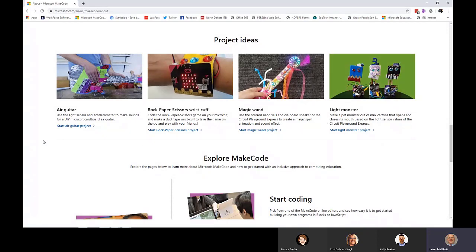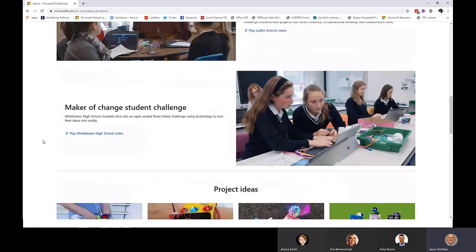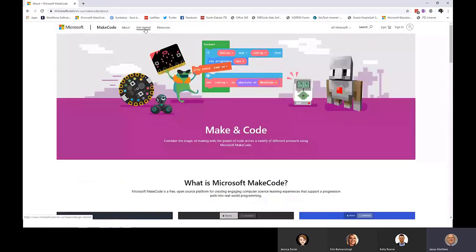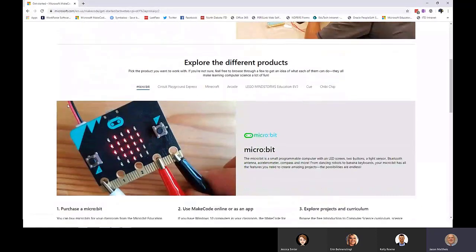The magic wand and light monster use the Circuit Playground. But you're going to be able to find access to those programs just about anywhere that you go inside of MakeCode. The next section, or the next tab at the top, is the Get Started tab. This gives you a little bit more info on the different devices that you can use MakeCode with. So for each device, the MicroBit, the Circuit Playground,